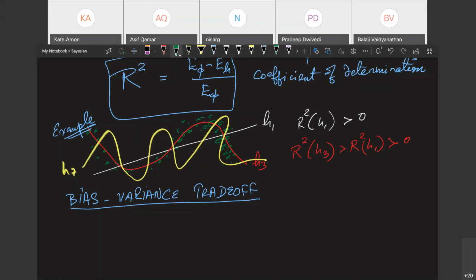H7. Yes, paradoxically, you will find that R squared of H7 will be greater than R squared of H3, which is greater than R squared of H1, and all of them will be greater than 0. You say that sounds unfair. So this R squared, this coefficient of determination, is misleading us, isn't it? This is an example of why you shouldn't trust just the R squared.